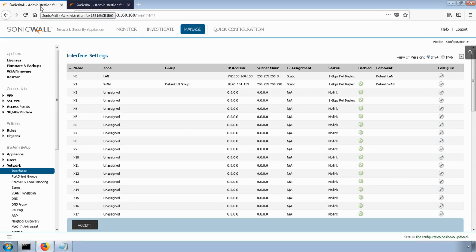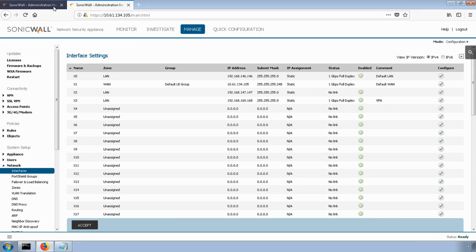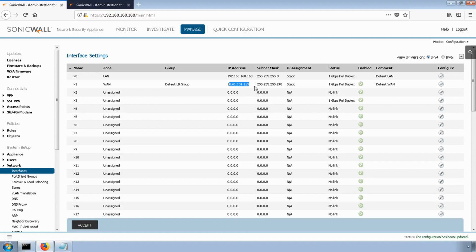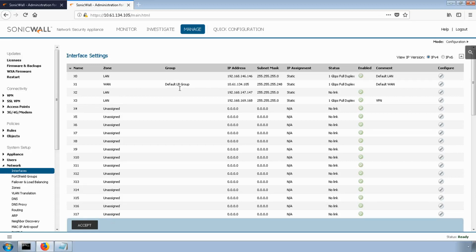The first tab is Site A. The second tab is Site B. Site A has a public IP of 10.61.134.113 and a local network that we want the branch office to access of 192.168.168.0/24. Over on Site B's firewall, we have the public IP address of 10.61.134.105, and will allow Site A access to the X3 interface network, or